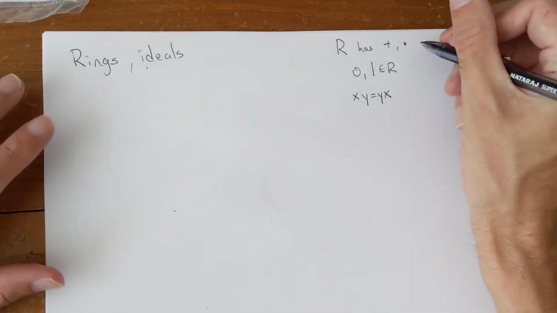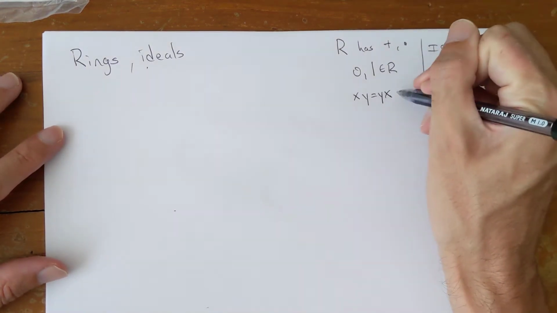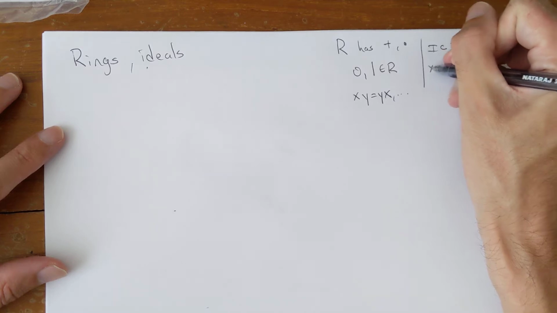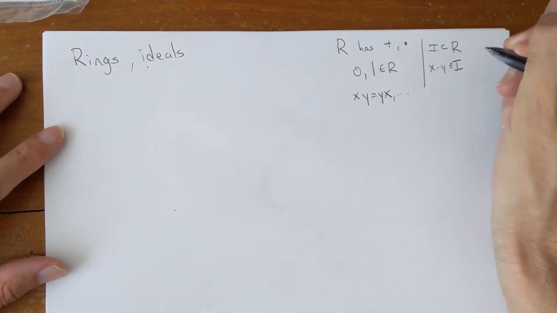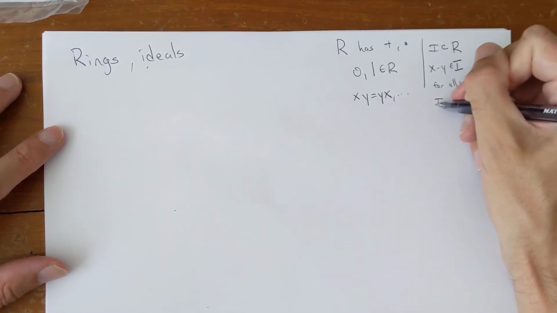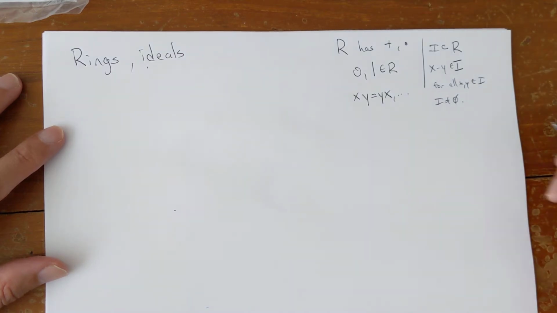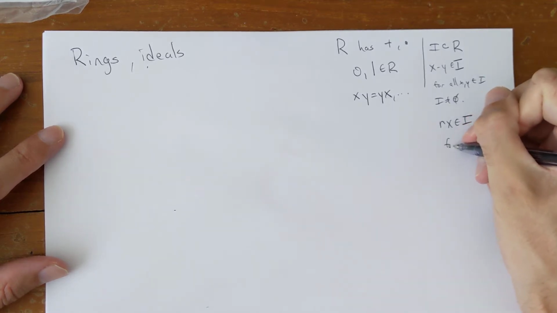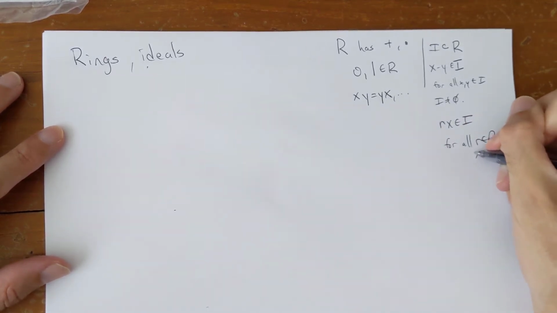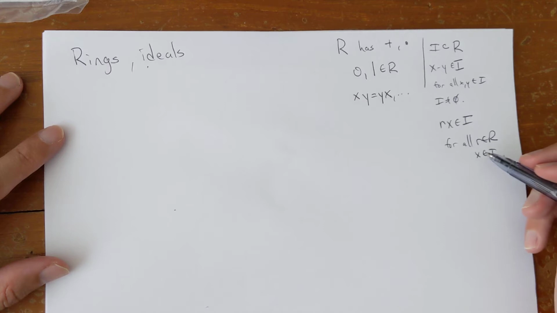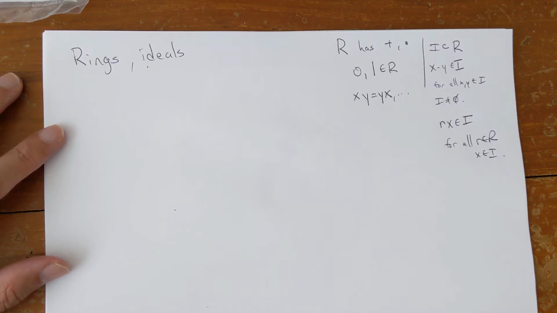Okay, and then an ideal, remember, other properties all represented by dots. An ideal I is a subset of the ring, such that x minus y is an element of I for all x, y in I. I is not empty, and the other property is that rx is in I for all r in R and x in the ideal, right? So you take something in the ideal, multiply by an element of the ring, and you stick inside the ideal,